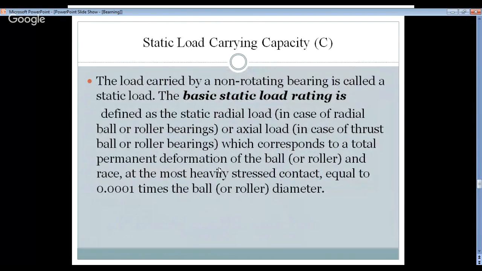First one is static load carrying capacity. Static load carrying capacity is defined as the static radial load in case of a radial bearing, or axial load in case of a thrust bearing, which corresponds to a total permanent deformation of the ball or roller, or the race, maybe inner or outer race, at the most heavily stressed contact, equal to 0.0001 times the ball or roller diameter. It means that